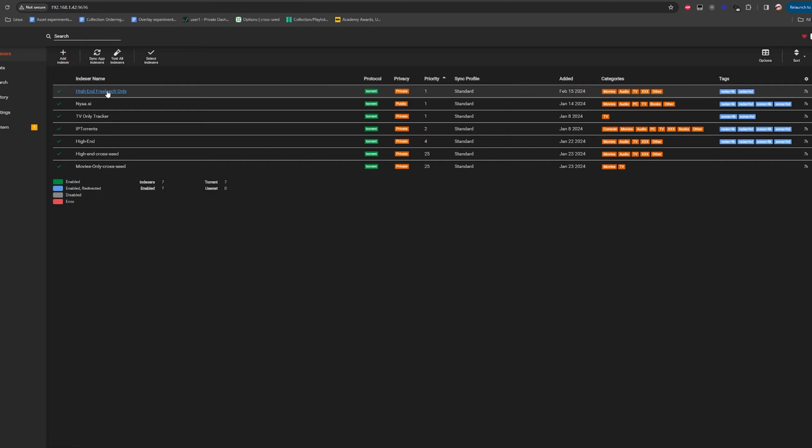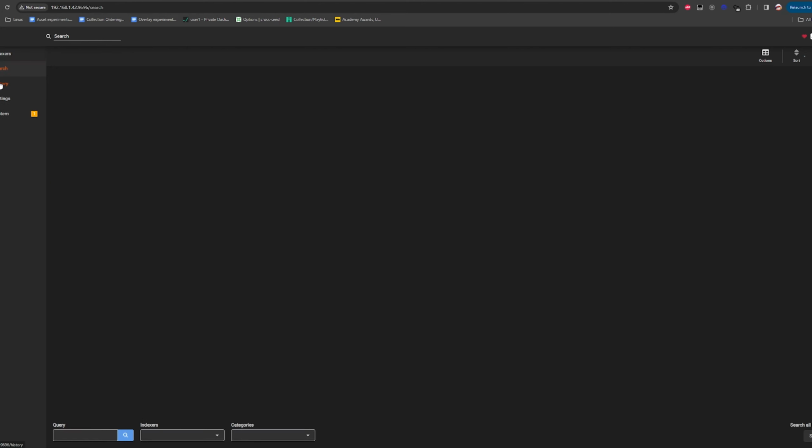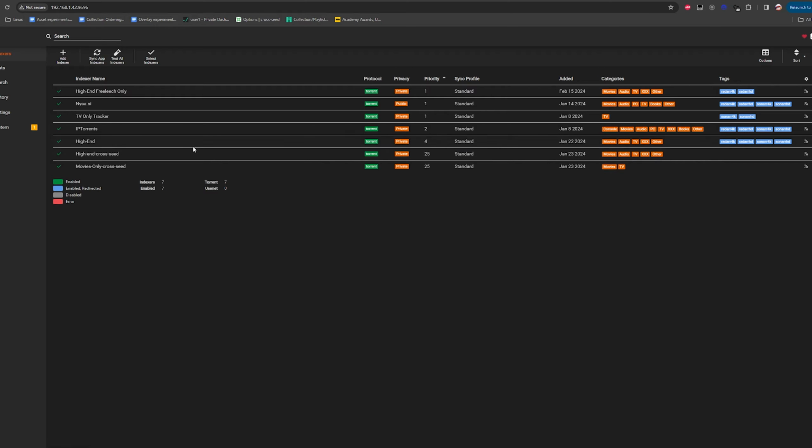And high-end Freeleech obviously has the internal and also has the flag of Freeleech only torrents. There is a setting where you can hit search and you can search what releases are coming up. I did this a few times to kind of see what it was grabbing in terms of a query. What is a query? When you enter a movie, it checks all these things, right?